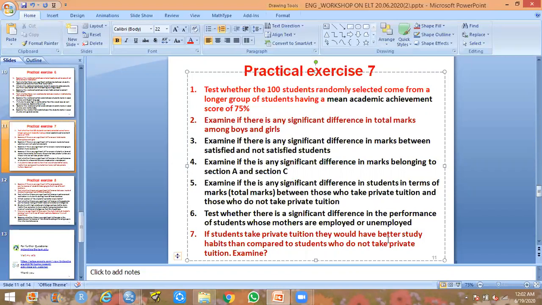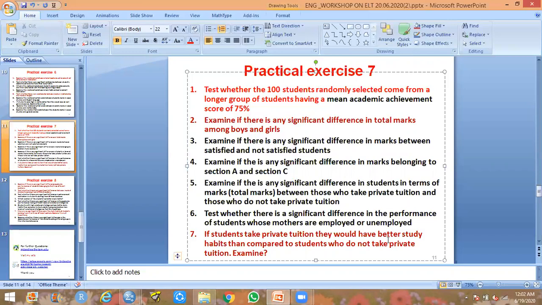Fine. In that way, you can examine. Now, how can you test this significant difference between taking private tuition and its impact on study habits? Here both are categorical variables, right? So taking private tuition, not taking private tuition, fine. And in case of study habits, you can have low, high, of course,